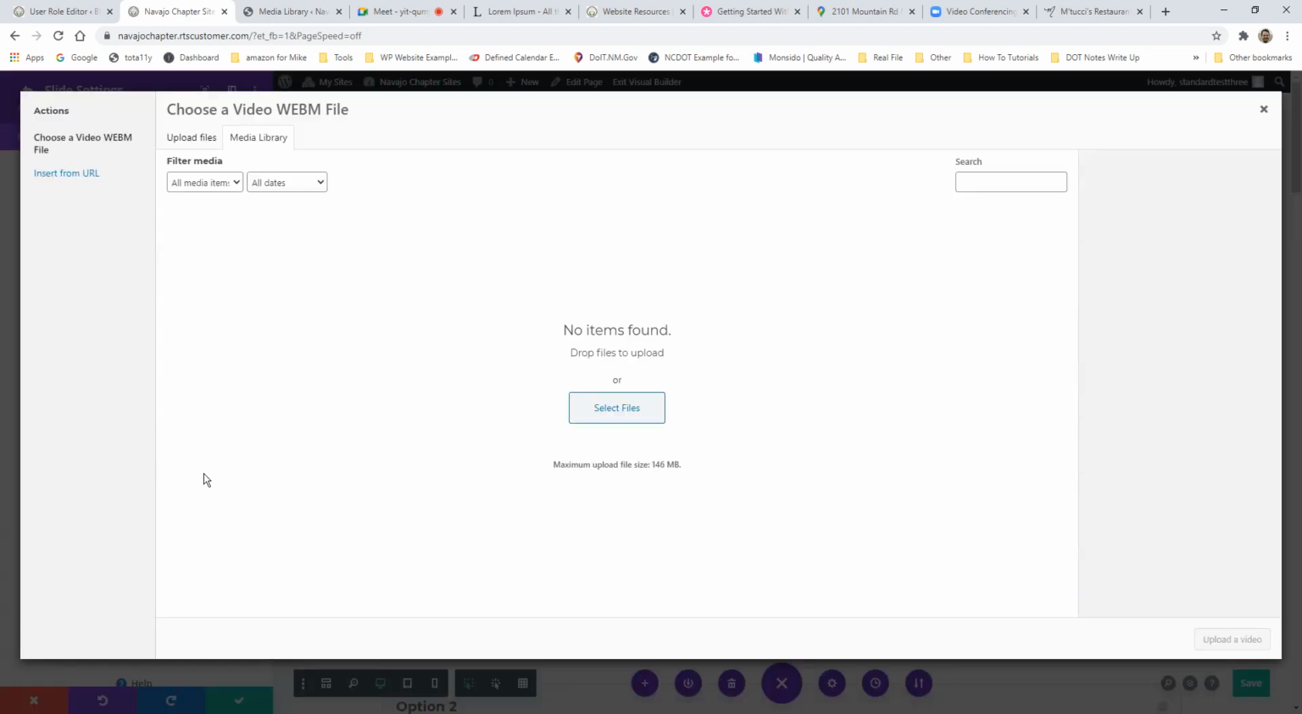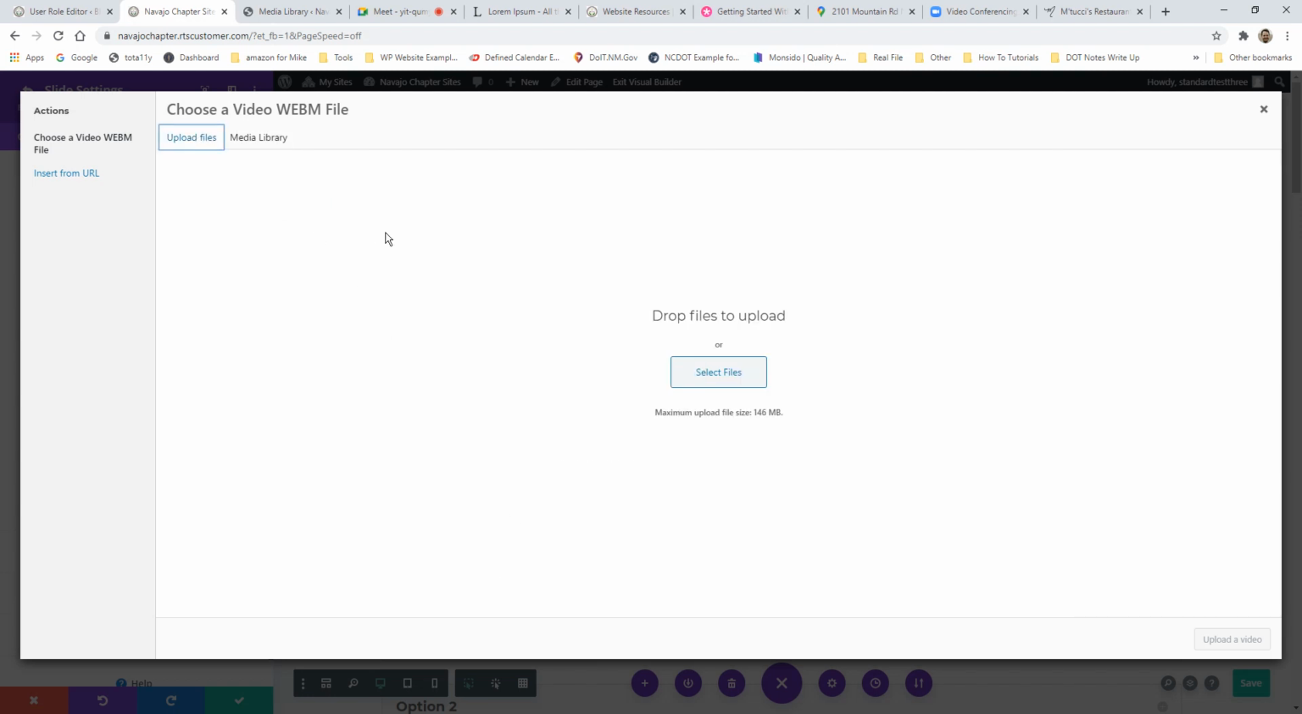How do we go about doing that? Well, for a video, it's the exact same way as an image. You can upload it from the media library. We don't have any videos in the media library currently, so they're not showing up. We can upload one, but with videos,